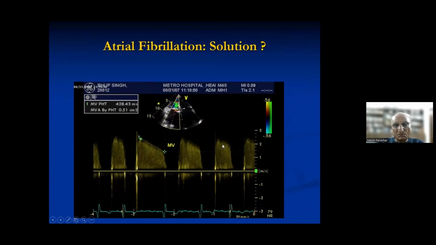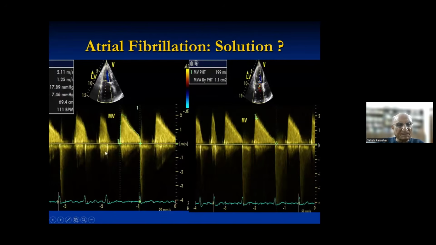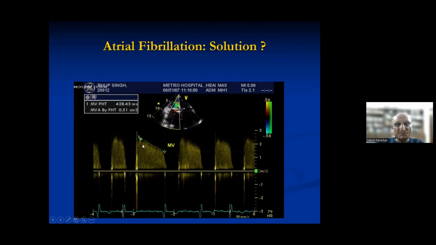You see we could not do anything, but here you see that one slope is always wide, and then you press, you take it, and you get an area of about 0.5 centimeters square. Here you see again multiple, nothing can be done there, but there is bound to be one wide diastolic slope, and out of these three we have taken the widest, and here too we have taken the widest, and this is the mitral valve envelope in that also. So this is how we do it in atrial fibrillation.